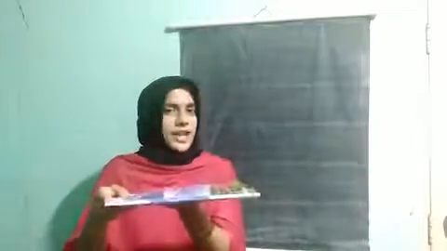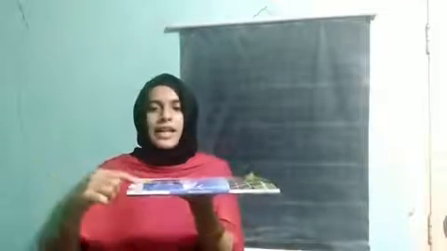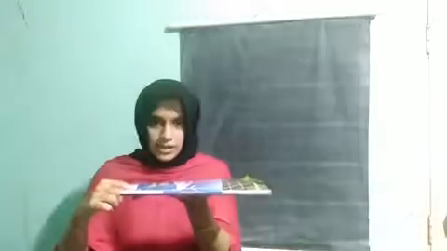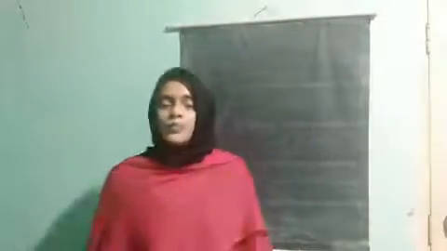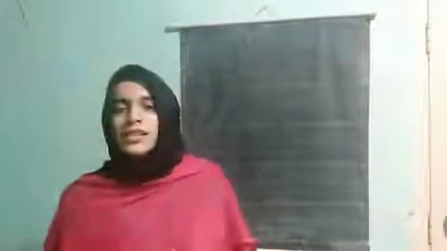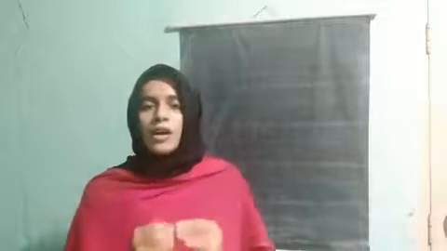Suppose this is your table. Then you will measure all the length and breadth of your table. And here also you will measure, here also you will measure. To find the boundary length, you will add all these sides total. Am I right, children? So, that total sum is called perimeter of a figure.